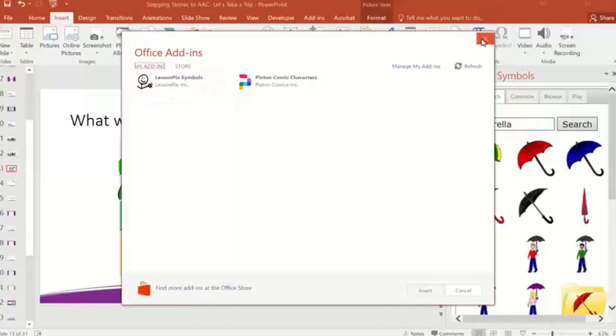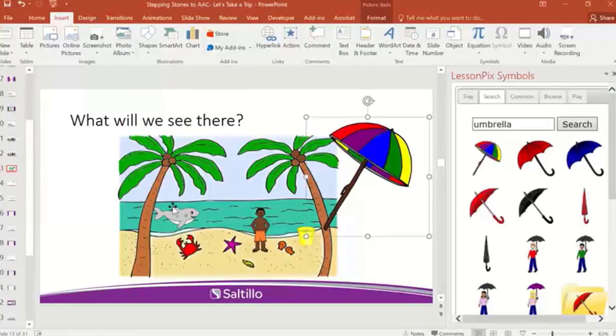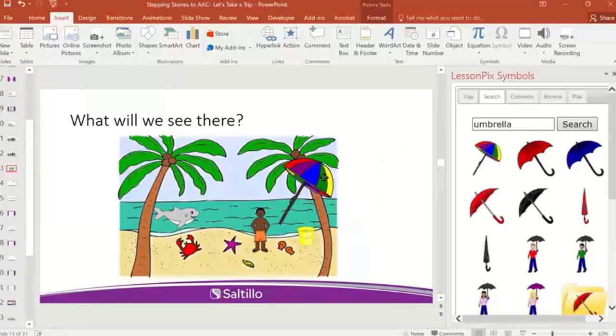And so you can then pull it in and interact with it. So yes, in PowerPoint. I have not tried it in Google Slides. Usually when I'm in Google Slides, I'll just use Google Images for this kind of thing. But you could still do this kind of activity and interact with it with your child or your student.